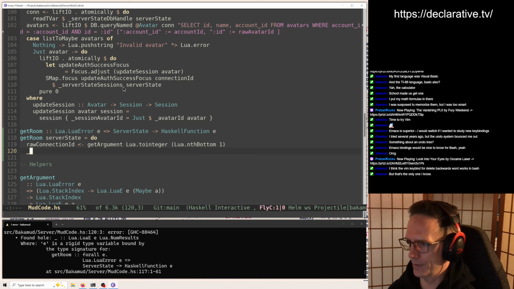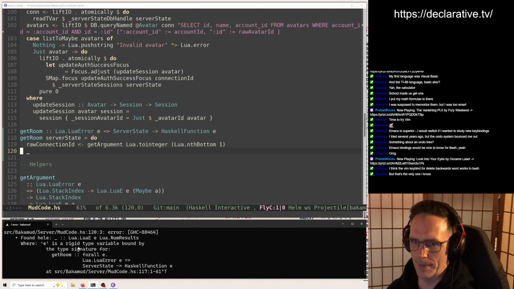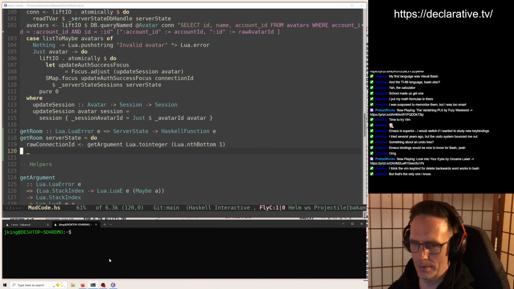Yeah, the Vim keybind for delete backwards word. Yeah. Yeah, I think most terminals also do Emacs bindings, or if they don't, it's pretty easy to implement. I'm going to do flah. Yeah, the Emacs bindings work here. One character at a time, one word at a time. Here's jump around. Delete the whole line. That's the same key binding as in Emacs, as well as going forward and backward through the history and stuff.